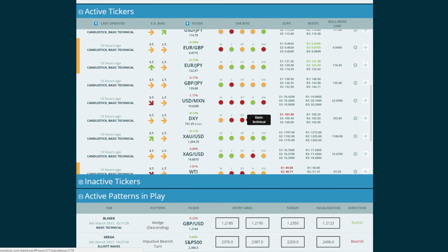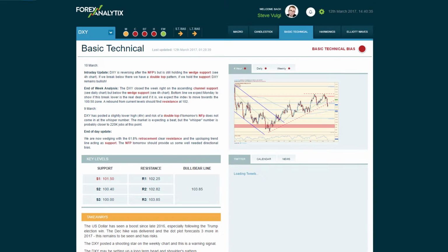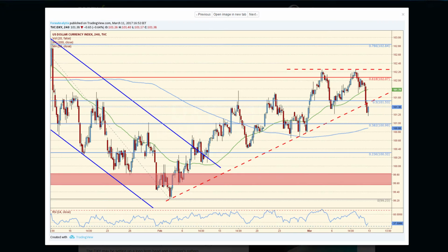Obviously, this is one of the most important charts for any FX trader. And let's begin by having a look at the 4-hour time frame. As we see here, we had the wedge. This is the ascending support trend line. We broke below it intraday on Friday. We closed below it. We had a rebound at the end of the day, but we still closed below it,